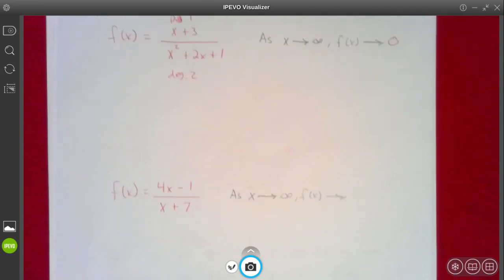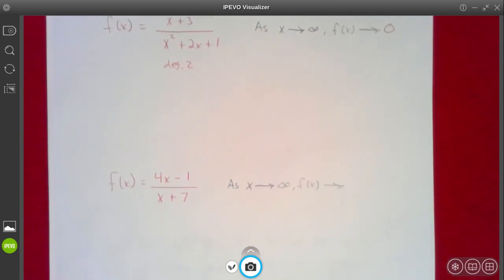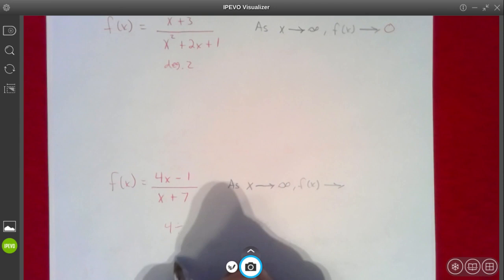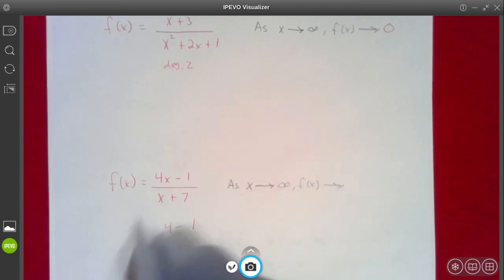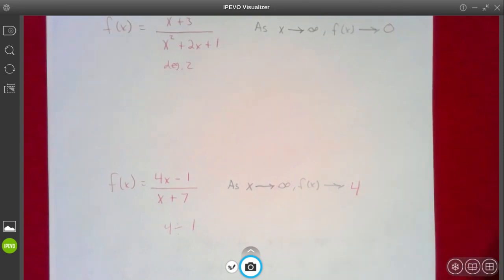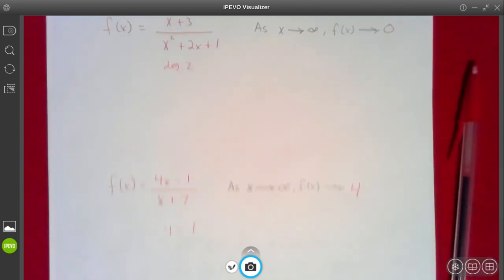Okay. All right. For the next one, the degree of the top is 1. The degree of the bottom is 1. So these are balanced. And what you do there is you're going to divide those leading coefficients. So I would do 4 divided by 1, because that's my leading coefficient. And that's going to tell me my end behavior. It's going to be 4. All right, that's it for the first two cases for